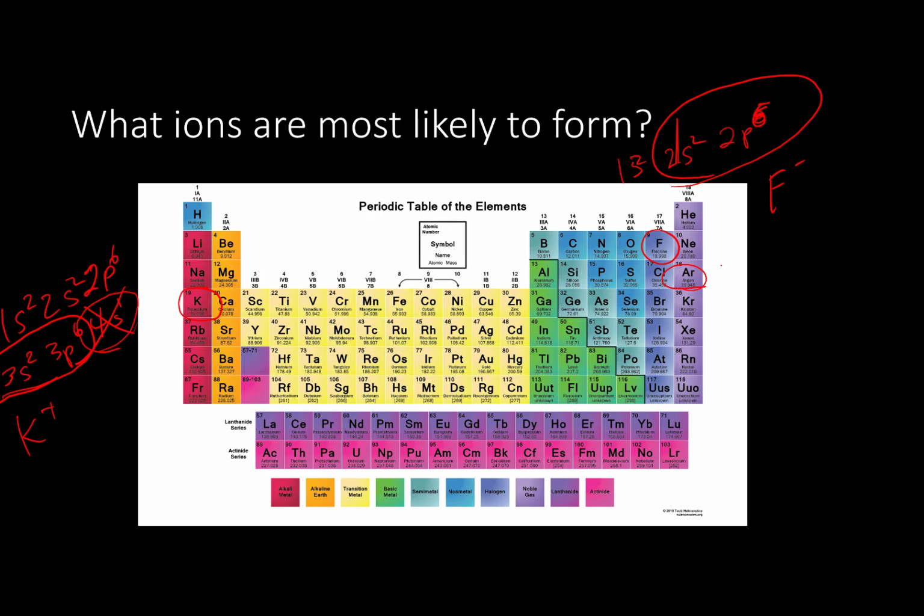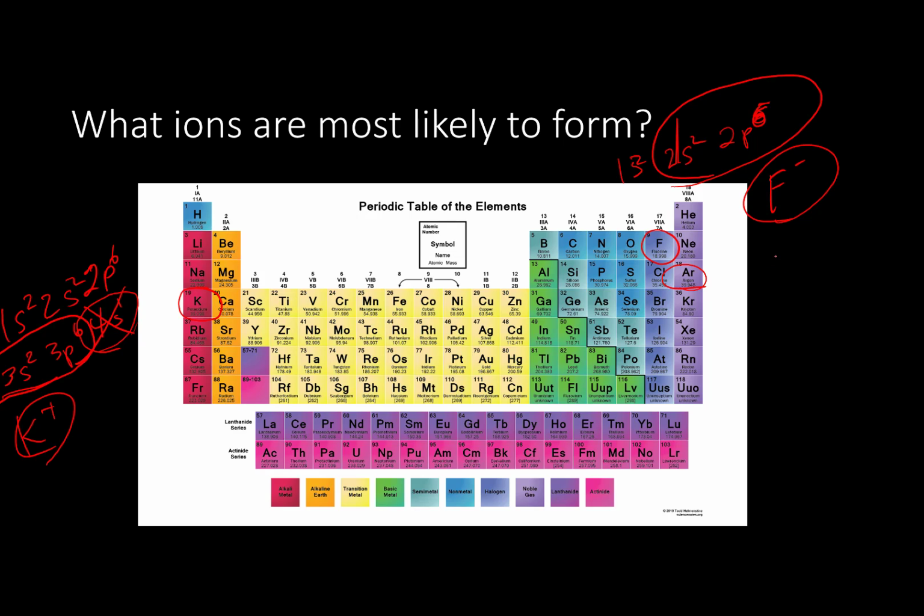Whereas fluorine is a kleptomaniac when it comes to electrons, and it will want to steal that electron. And so potassium holding that electron out there, not really caring what happens to it, and fluorine just very excited to find an electron. They get together, fluorine steals an electron, fluorine becomes F negative, potassium becomes K positive, and now you are going